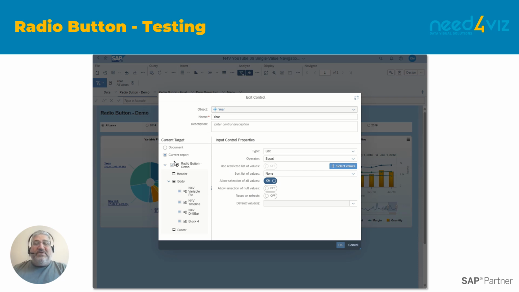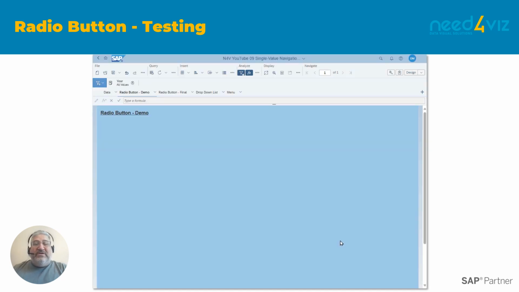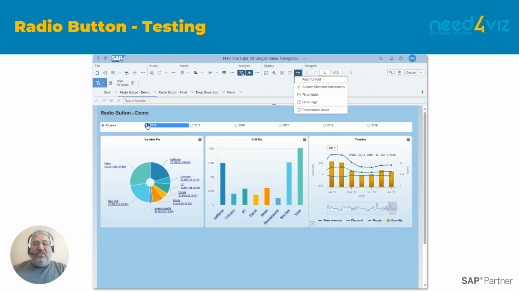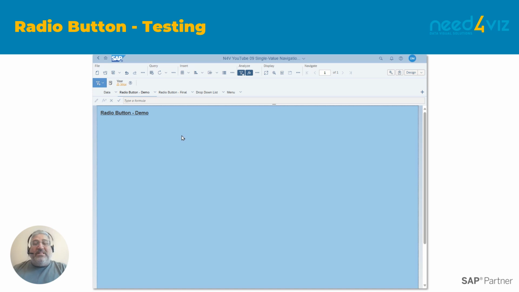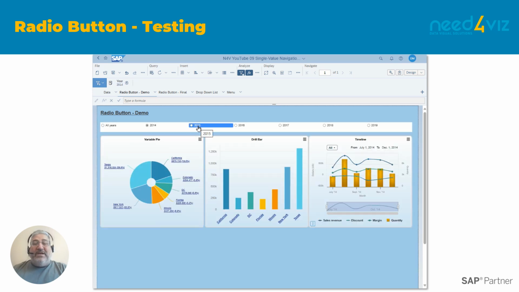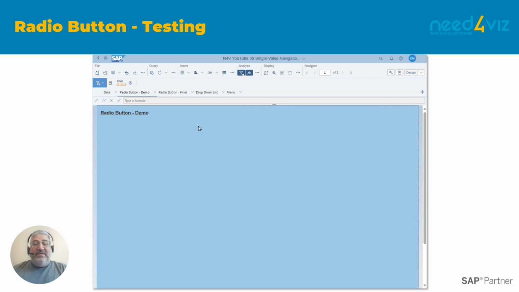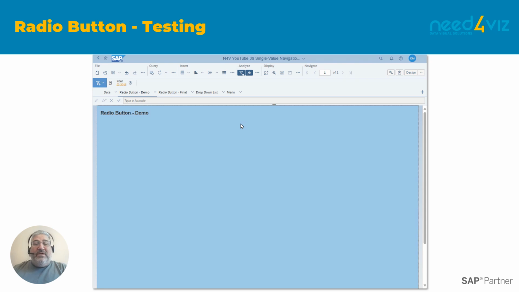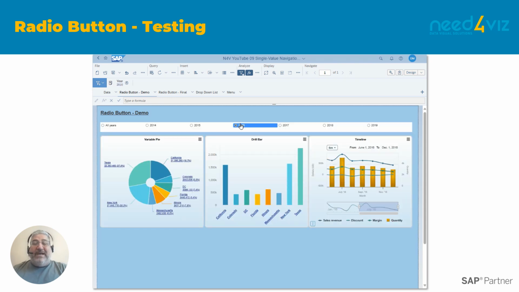So I'm going to open up the input control panel, and by default, the input control is usually set to filter the entire document or the entire current report. And what I want to do is uncheck the current report, and I want to set all of the controls with the exception of the radio button, leaving the box next to the radio button unchecked. So this excludes the radio button widget from the behavior of the input control. And so now all values are present no matter how I filter.